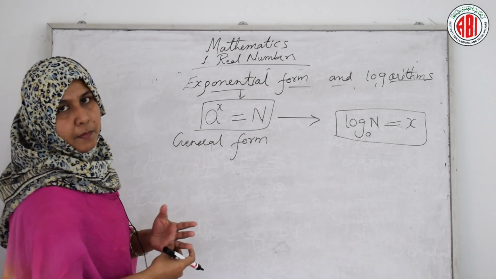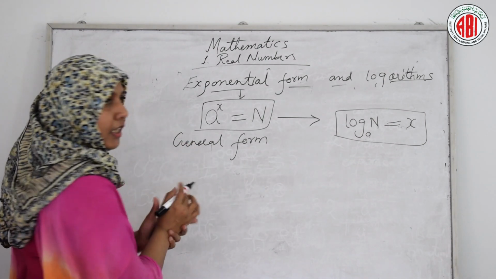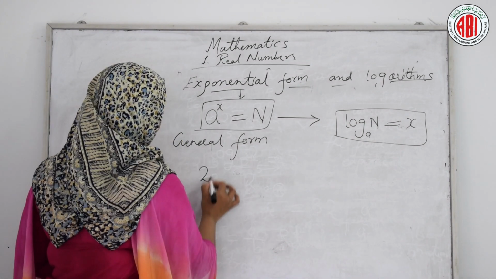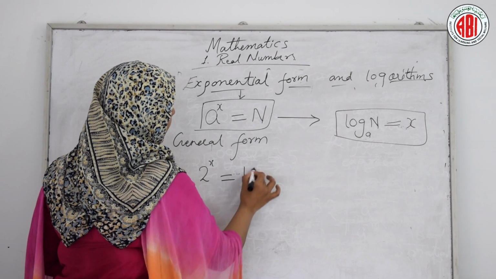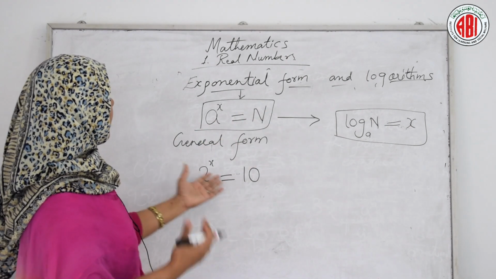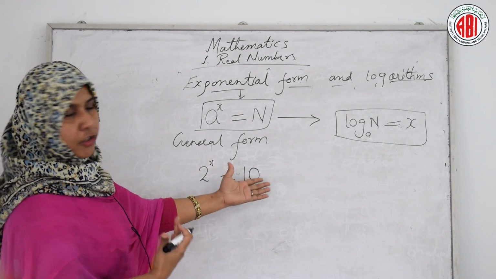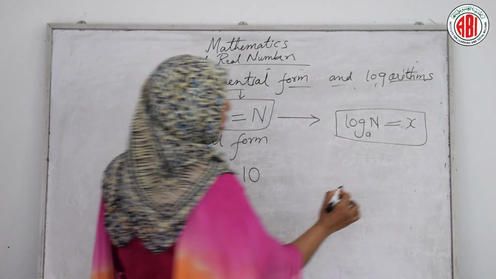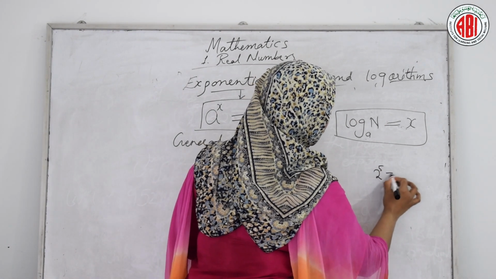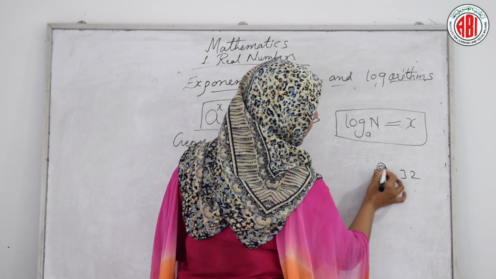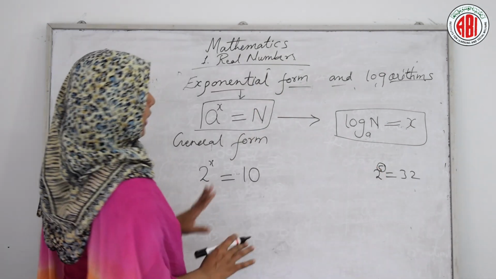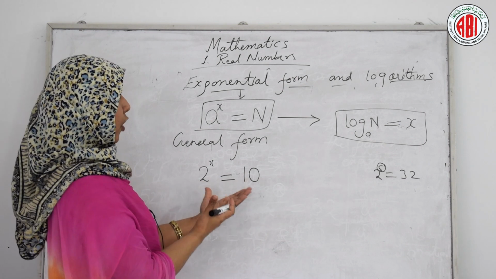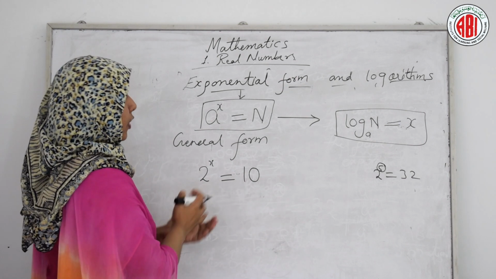So why we are using this? Sometimes, suppose now we have an interesting question like 2 to the power x is equal to 10. To understand the logarithms clearly, let us take this 2 to the power x is equal to 10. In the previous question we got the value of x as 5, that is 2 to the power 5 is equal to 32. We are getting the answer here, but in some cases we will not get the exact answer. So in that case what can we do?